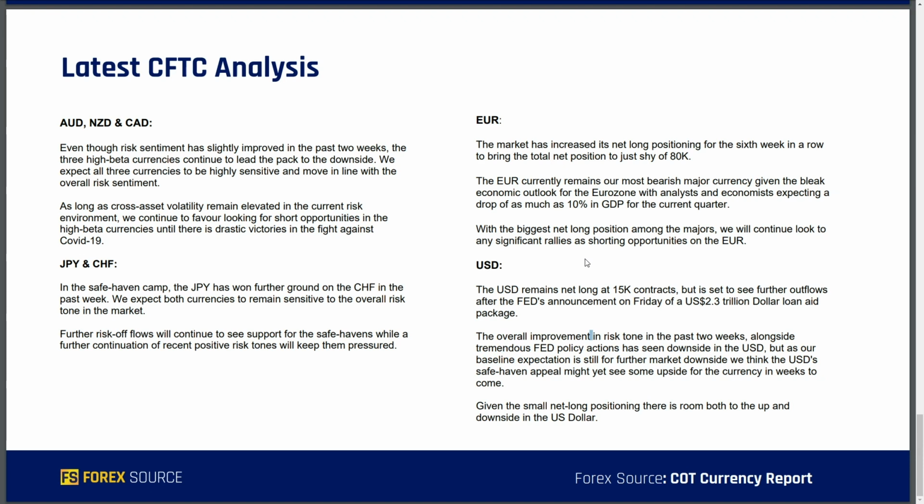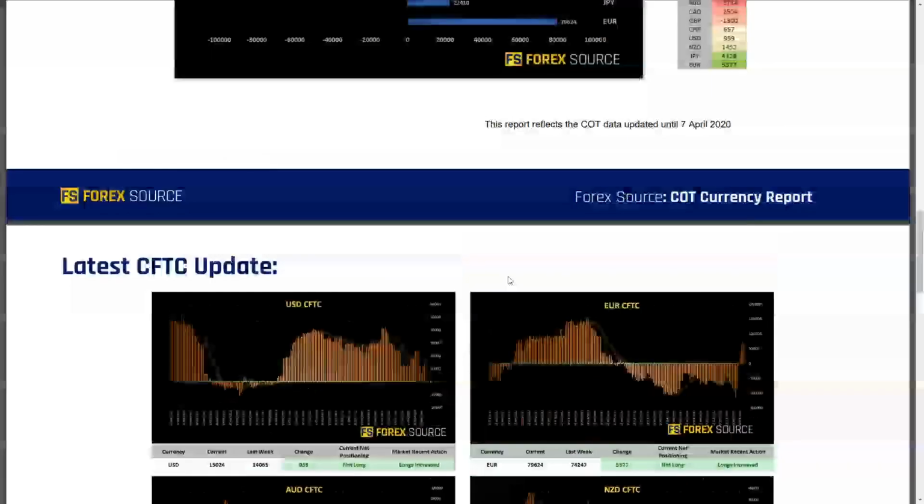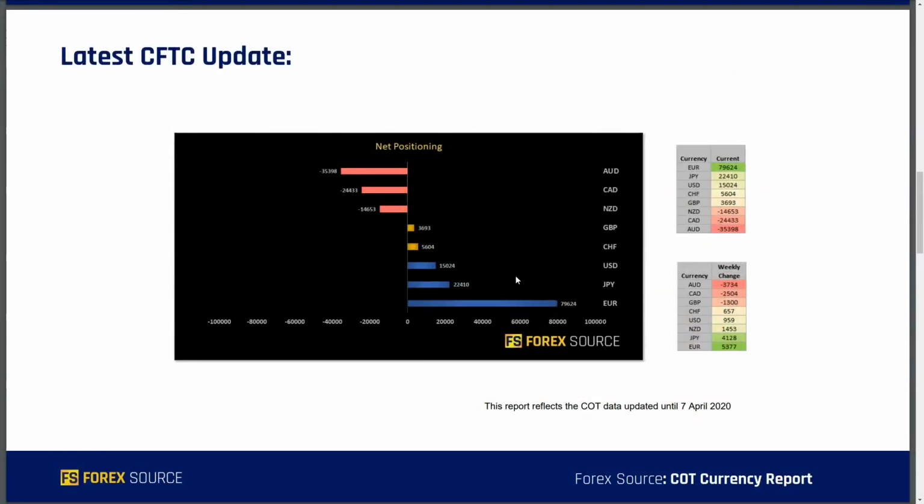Now, if we had a bullish bias on the euro right now, for example, how we could then use the COT data is to say, okay, we are bullish on the currency, but the currency has a very big net long position, which means that at some point pullbacks are becoming more and more likely. Which means if we are already long in a trade on the euro, we could start to look for some potential exits, or it means that any new trades we take need to be shorter duration trades, because that likelihood of a pullback is becoming more and more likely with that very big net long position.